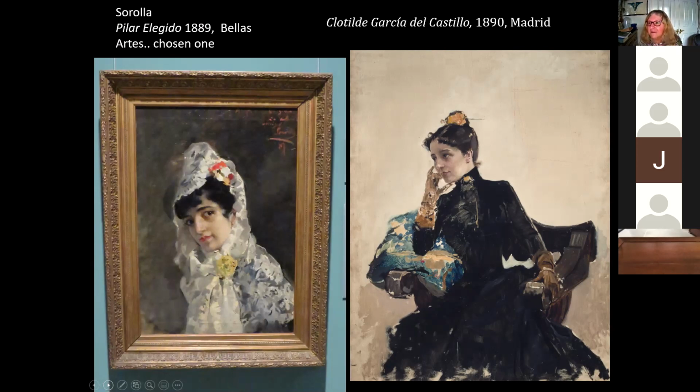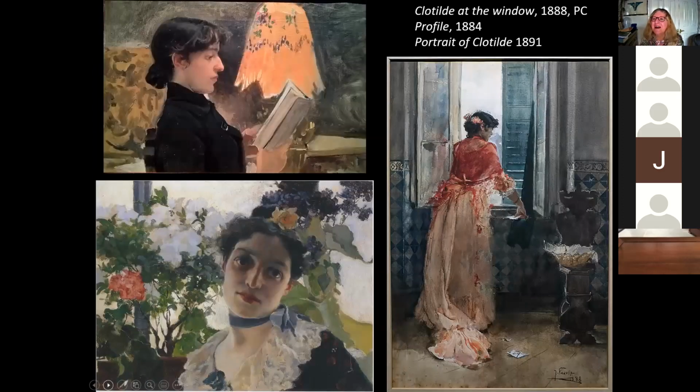As you'll see later in a minute, ladies, you're going to envy her waist. So he's waited to marry her. He will have met her in 1879 when he is a teenager, and obviously he cannot marry her until he's in a financial position to do so, and that is in 1888. So we've got a lovely portrait of her in profile of 1884, down the bottom 1891, again in fanciful Spanish